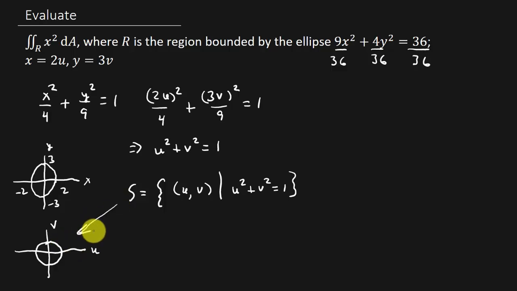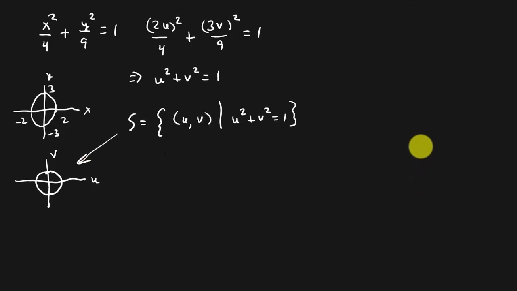Now, when you do the change of variables, you've got to multiply by the Jacobian. So, do you remember what the Jacobian is? Well, remember, we've got the partial of x, y with respect to u, v is equal to, and that is going to be